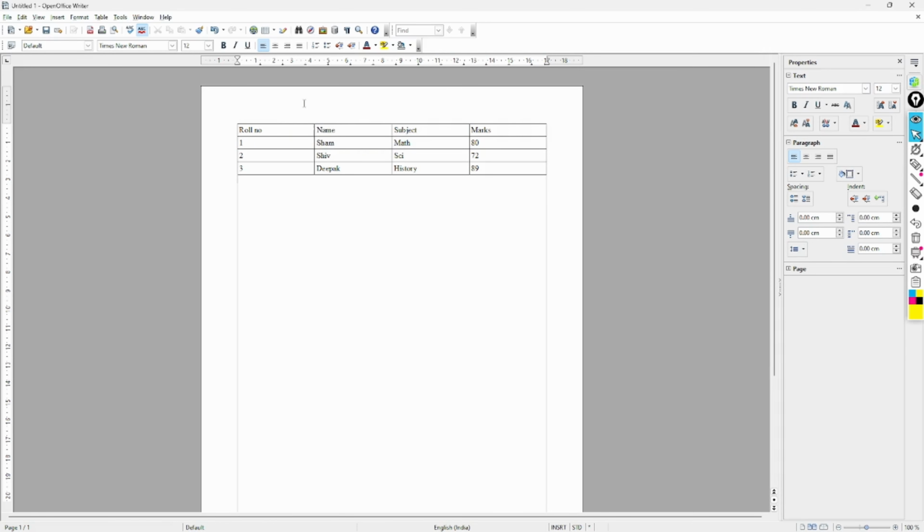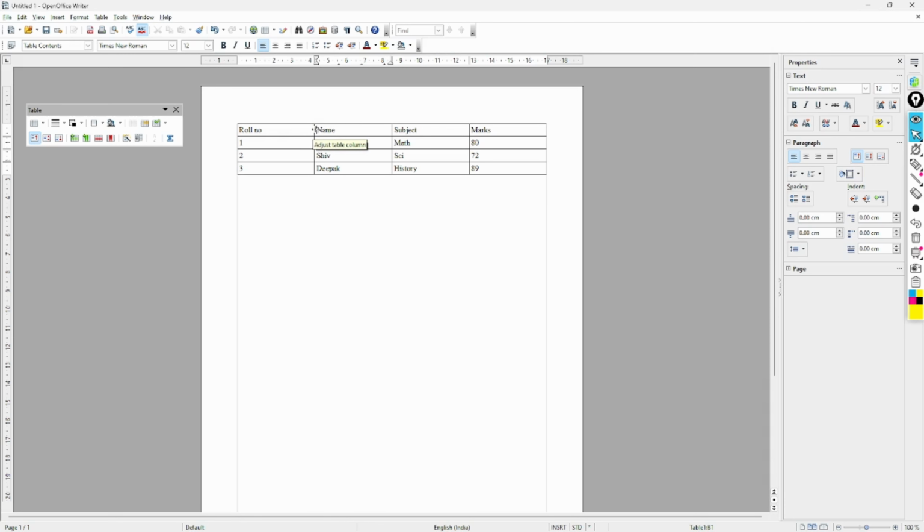You can see my mouse cursor is an I-beam, but when I hover here, it changes. That is to select the column, but we don't want this. So if I go not here but here on the column border, see, the cursor changed.